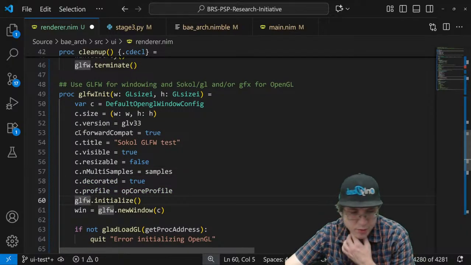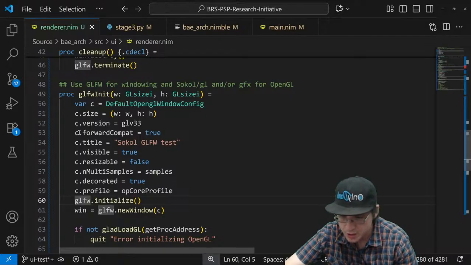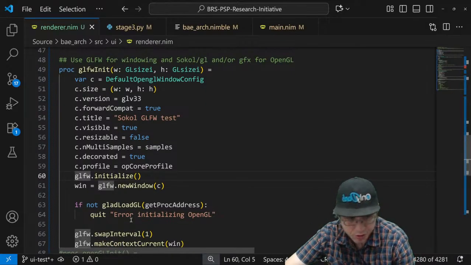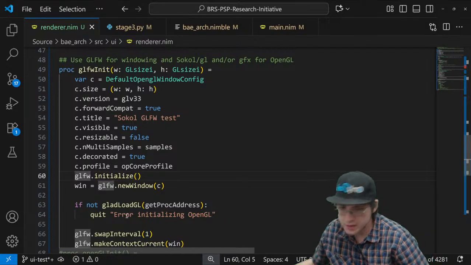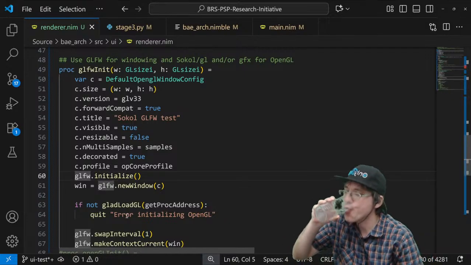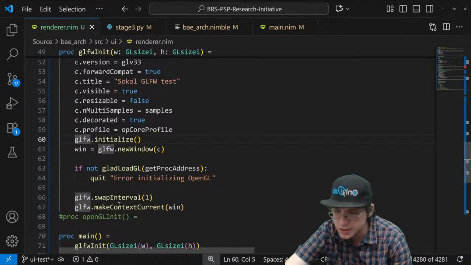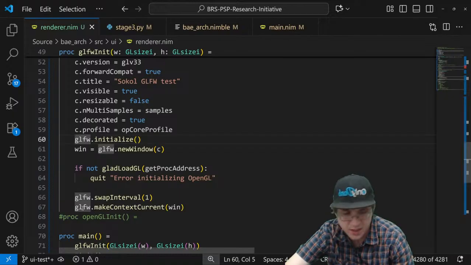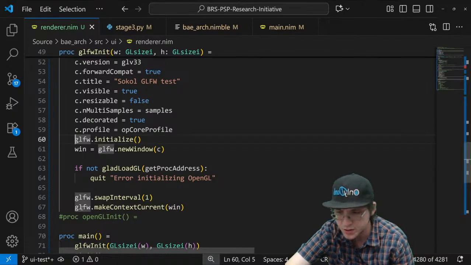Right here, I'm just initializing GLFW. Pretty standard stuff. This right here is checking to see if the window was initialized. If it's not, go ahead and quit and throw an error. This just says it's a vsync. That way there's not a bunch of screen tearing, and it just renders as fast as the monitor renders.